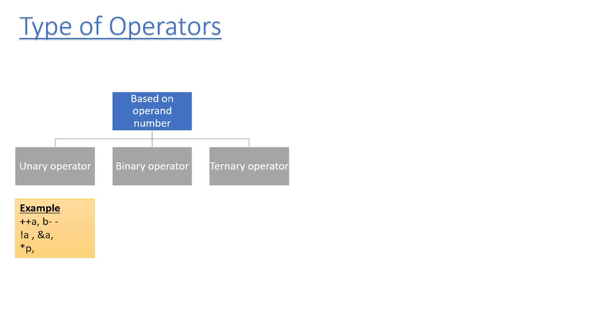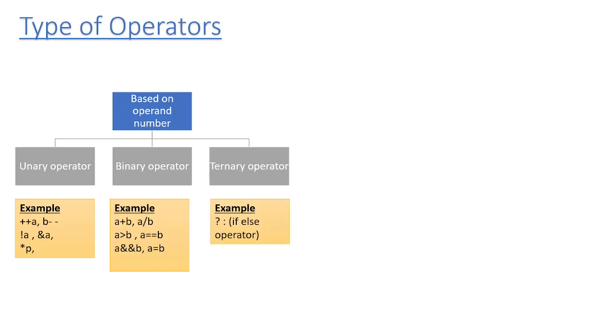Now the second one is the binary operator. It is a binary operator because it operates on two operands, like a plus b. If you want to get the summation of a plus b, it requires both a and b. That's why it is a binary operator. Similarly, there are examples: a divided by b, a greater than b, a equals to b. Double equals means equals to, and single equals means assigned to. A and b, a assigned to b.